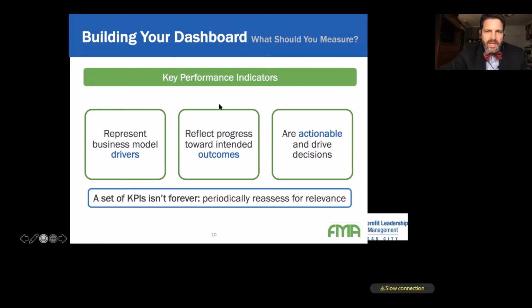You can look at them as representing what might be considered business model drivers, reflecting progress toward outcomes, and they're actionable. Even though it's very outcome based and focused on how change is made over time, it's also actionable and measurable. And these are things that will change over time. These aren't set in stone. For example, your mission statement, you might only reflect on that every 5 to 10 years. Your key performance indicators would maybe only change every 2 to 3 years, probably looking at your strategic plan, and you would adopt key performance indicators for each of your strategic initiatives,